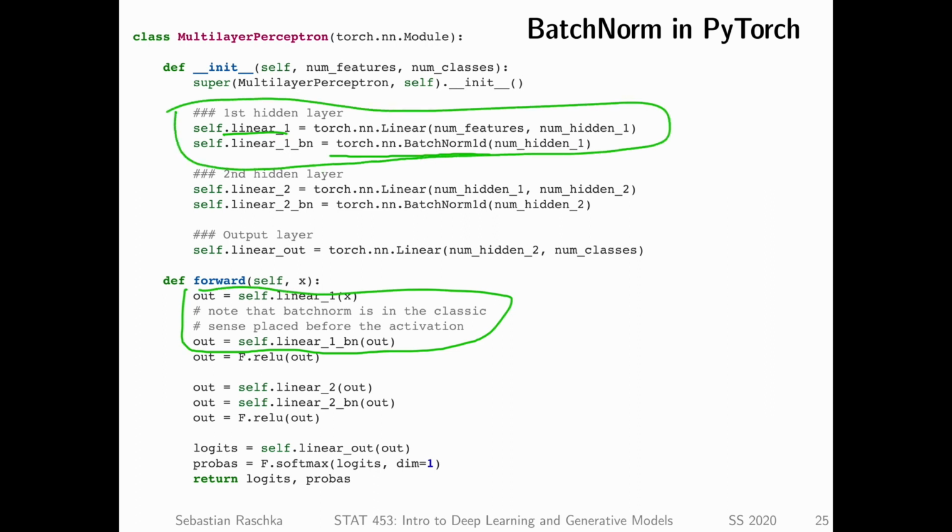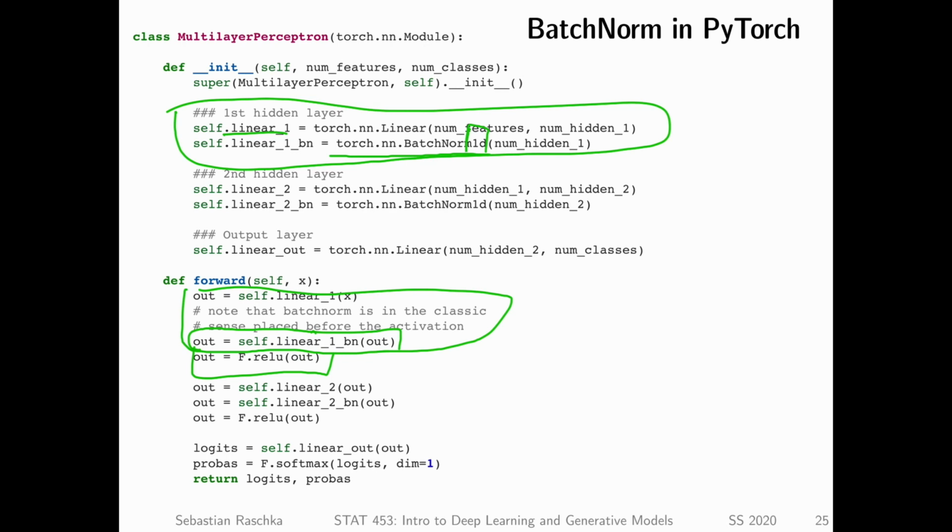Also, in the classic paper, the first batch norm paper, the batch norm comes before the activation. So we apply batch norm and then we apply the activation function. This is also the same as we talked about in the previous slides today. What else? There's a 1D here. This is assuming a multi-layer perceptron, so each unit is independent and our inputs are a vector.